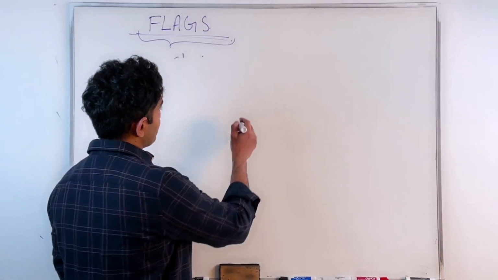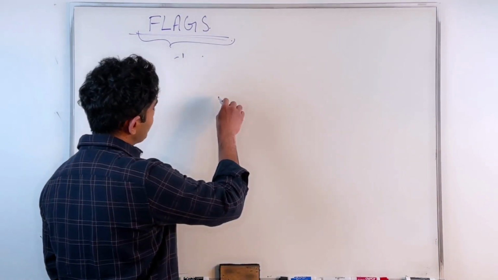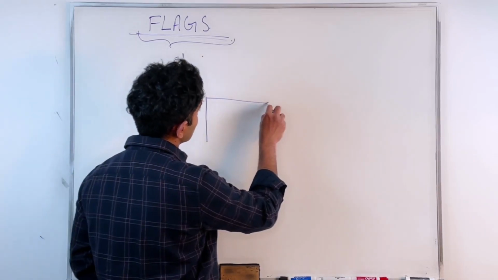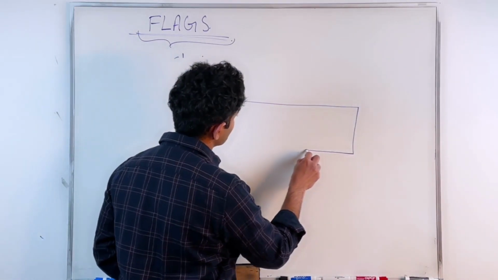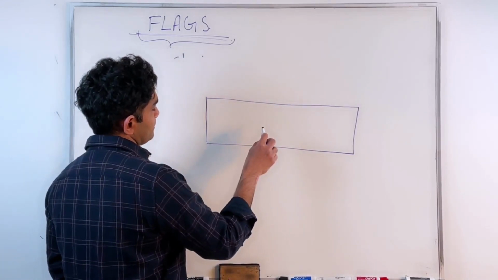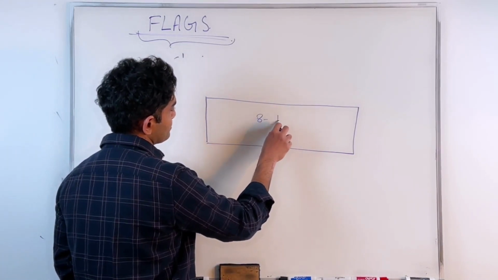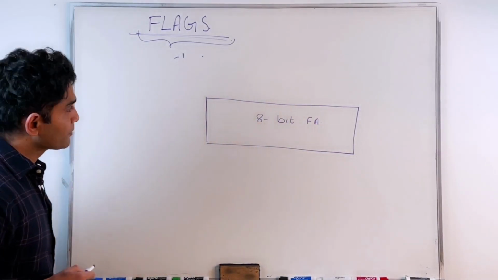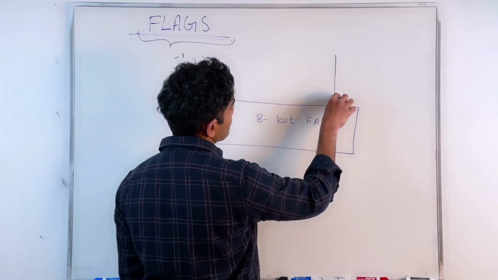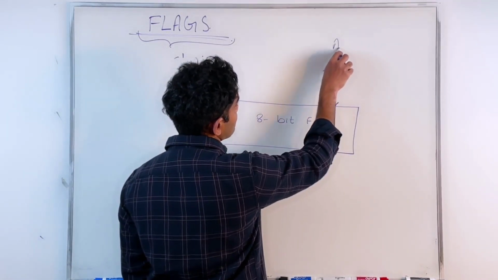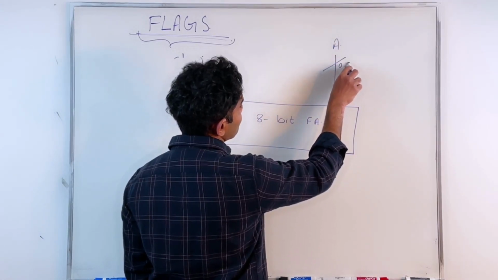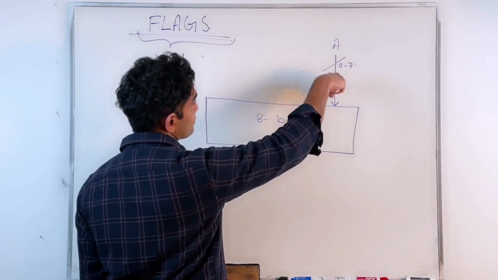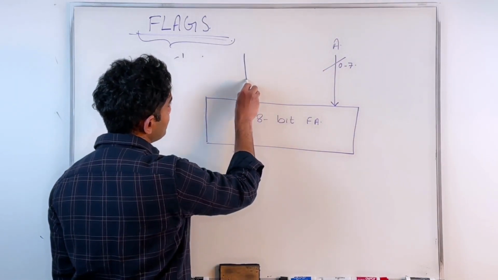Okay, so let me go back to the full adder circuit, full adder/subtractor circuit. Let's say that's an 8-bit full adder. That means I'm applying A0 to 7, 8 bits. That means I have 8 inputs going in, that is shown with a single arrow. Then I'm applying my B's